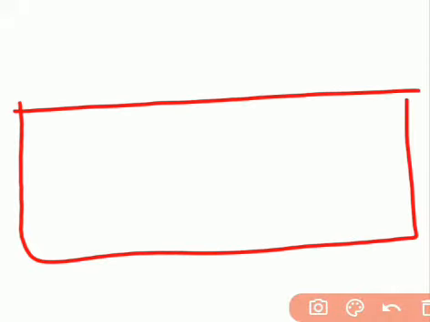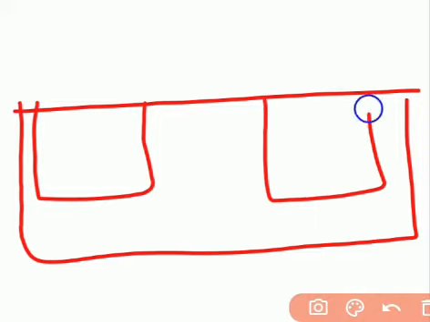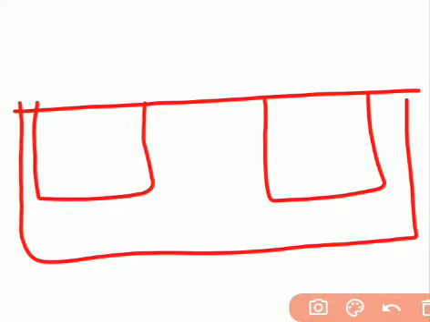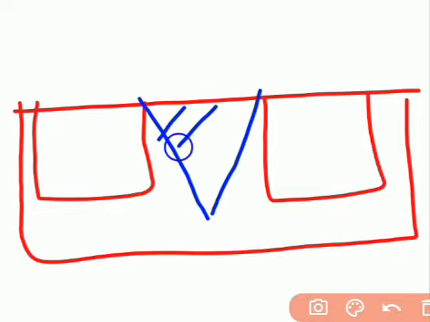The second very important use of oxide is isolation. Isolation is needed in fabrication because we need to fabricate millions of devices on a single chip, so it is very important to have isolation. If we have one device here and another device here, we need to separate these two devices using isolation. So we apply isolation in between these two.